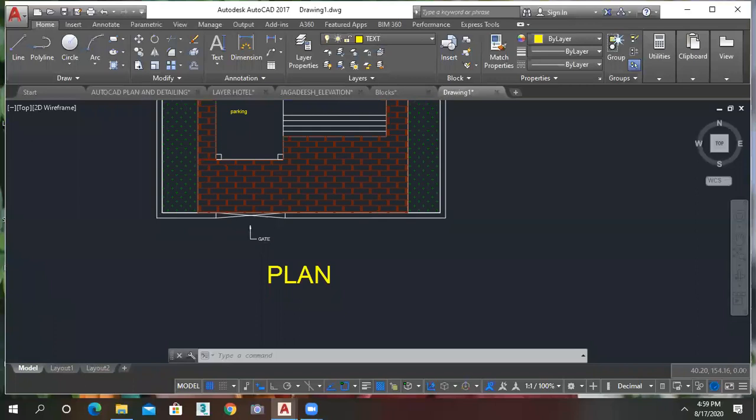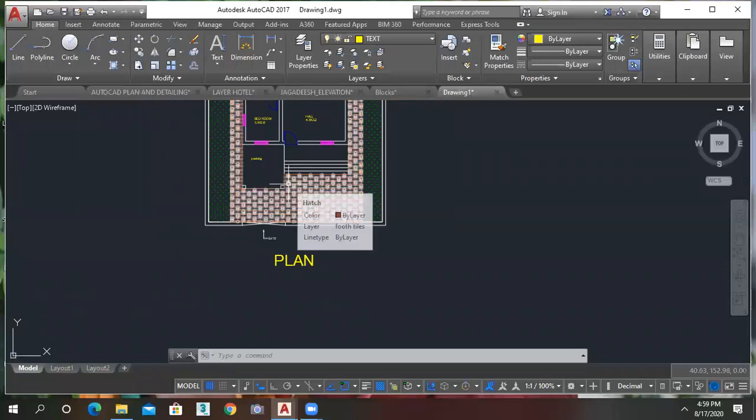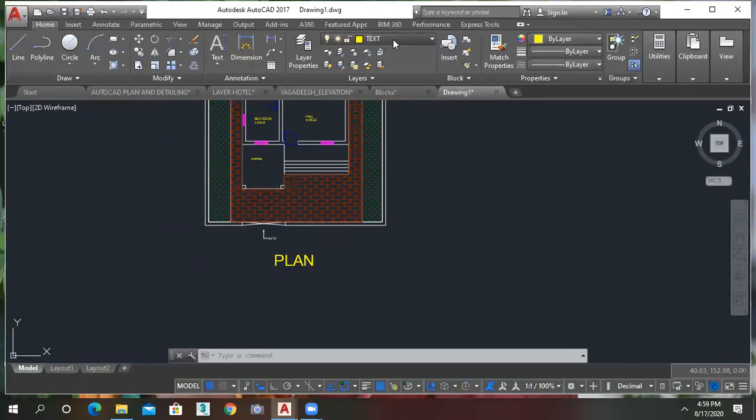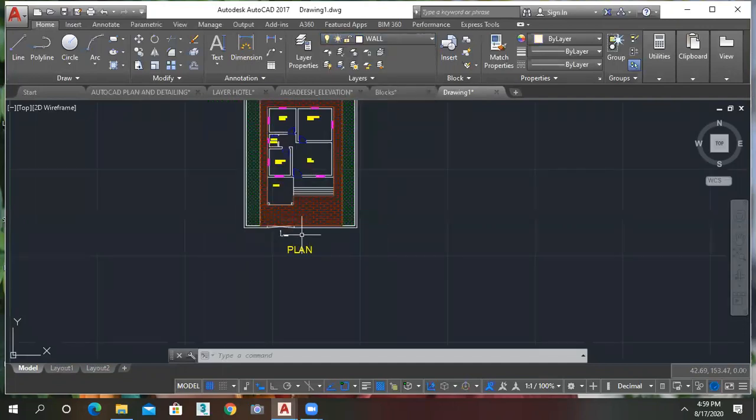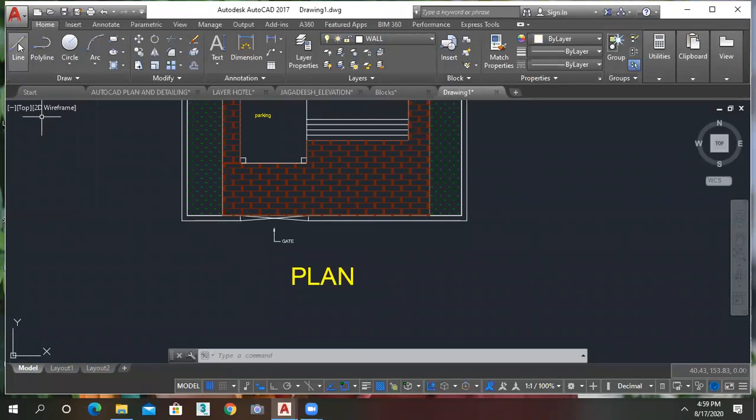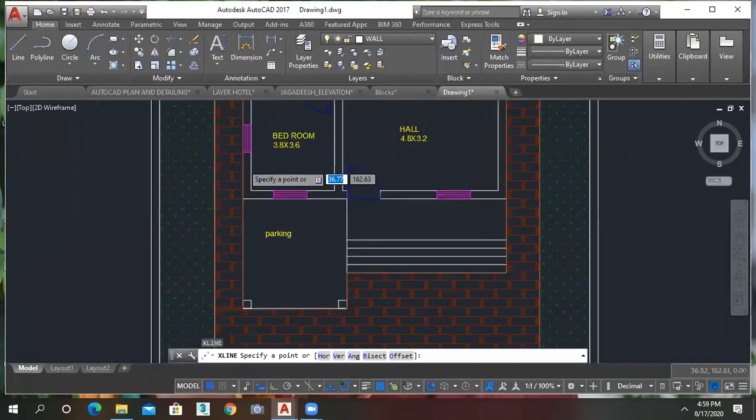For elevation also, you can use the wall layer only, or else you can create one more layer, by using the construction line XL. I just elaborate the wall here.